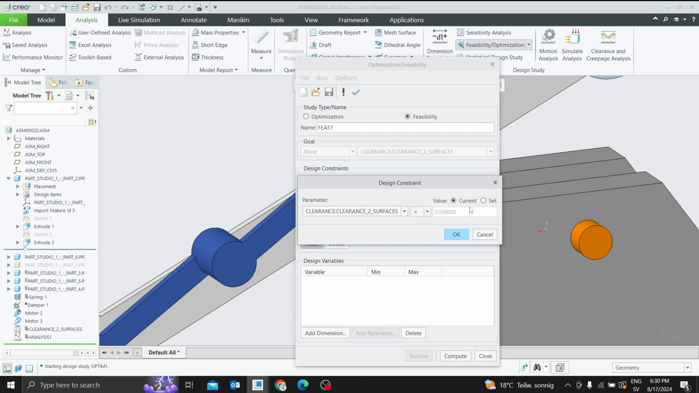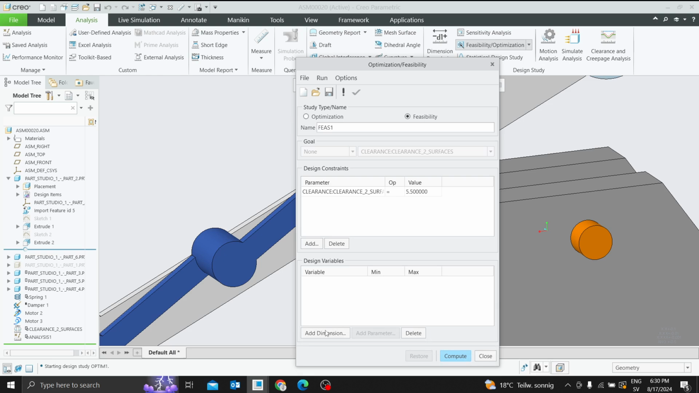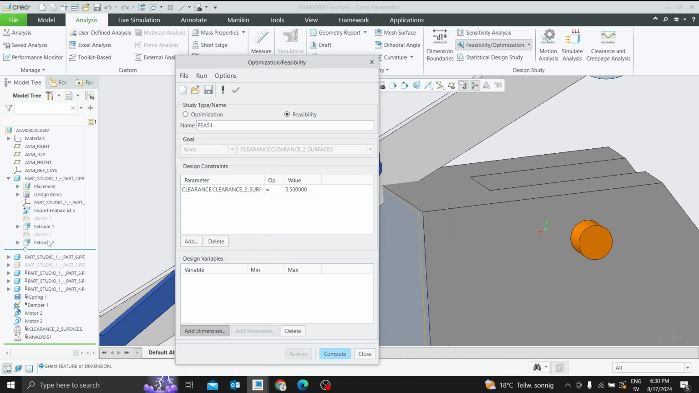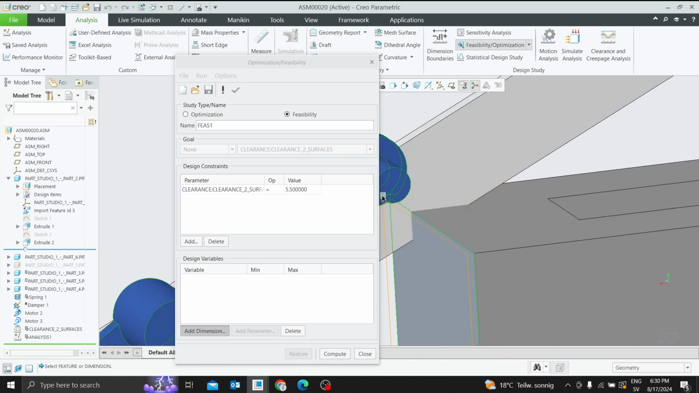Set this clearance here to be 5.5, like that. Is it feasible to set it to be 5.5? Cancel. If I change the dimension of this extrusion here from 10 to 12, like that, to 12, and